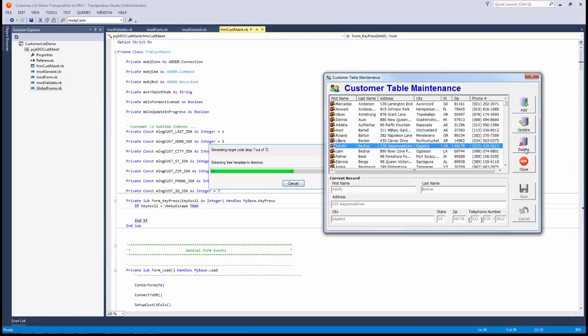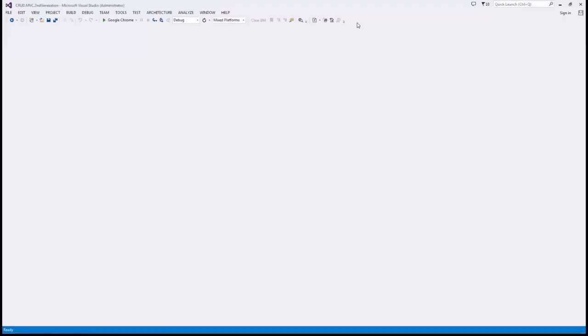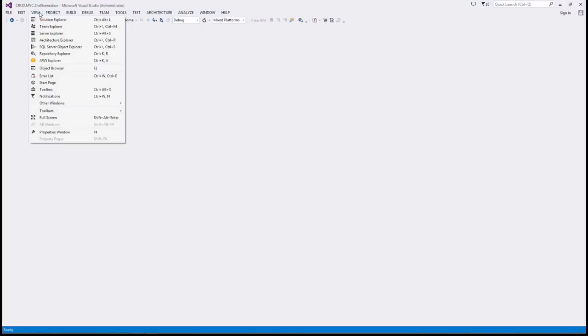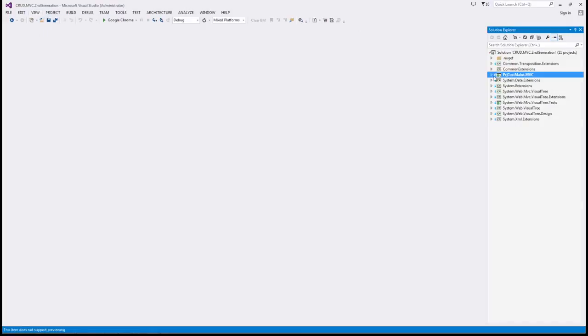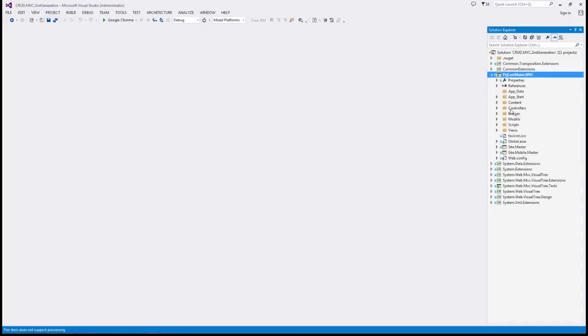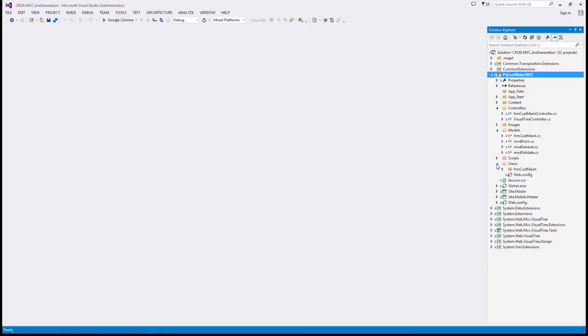Transposition is almost over, and Visual Studio will open shortly. So the application has opened in Visual Studio. We have the controllers directory, the models directory, the views directory. This is a standards-based MVC application. Let's go and run it